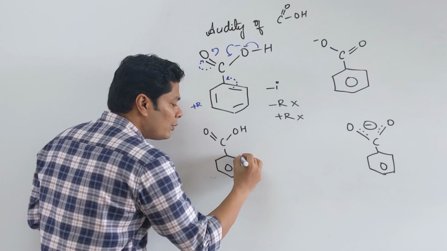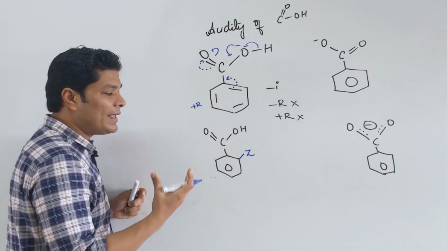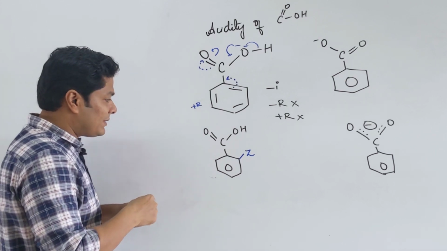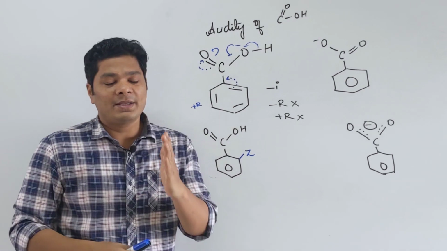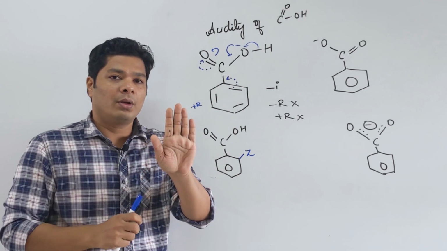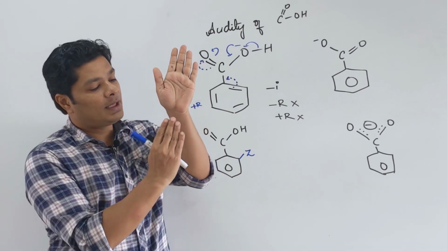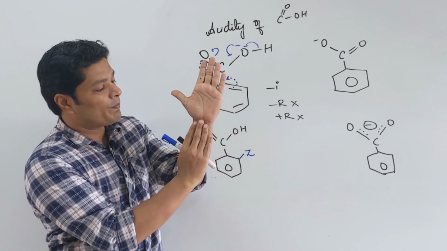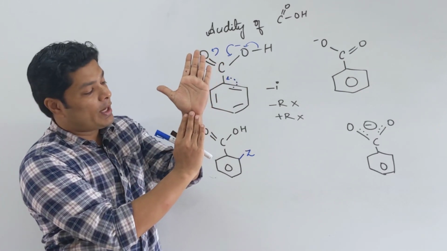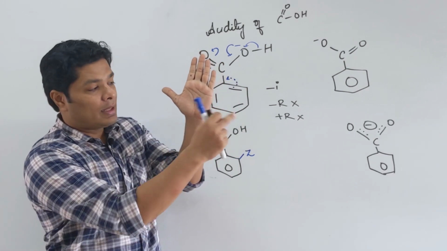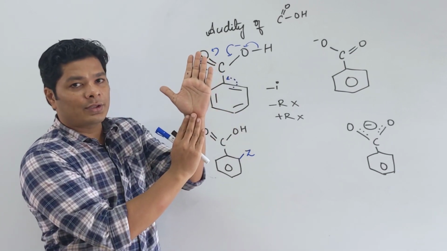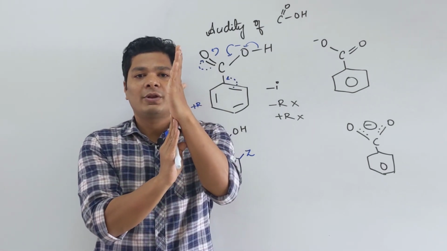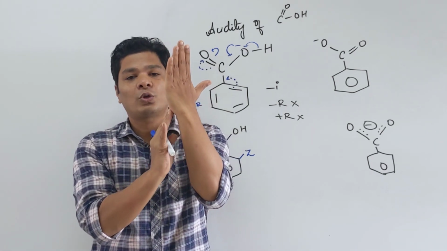But what happens is, when you put a bulky group in an ortho position like methyl group or NO2 group, imagine that this is your COOH group and this is your ring. They are in resonance. Sorry, they are in the same plane. And this is your C=O group. This is in resonance with the ring. But when I put a bulky group on this side, the steric interaction is going to make it very complicated for the molecule to stand in the same plane like this. Okay. It is going to make it rotate a little if there is an ortho substituent.